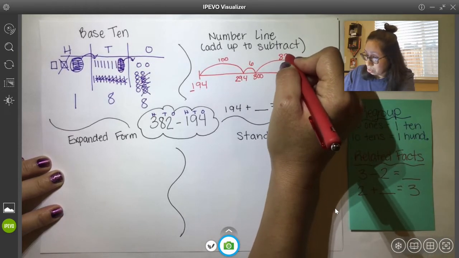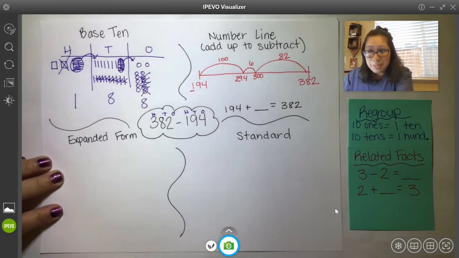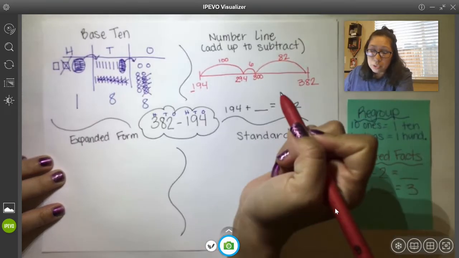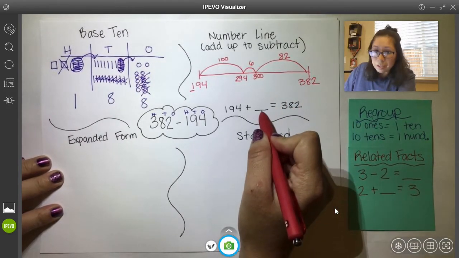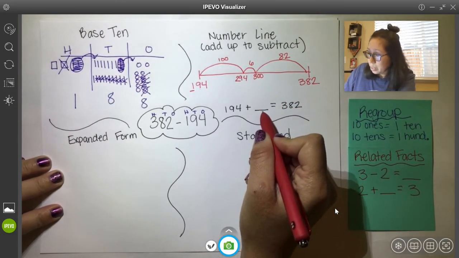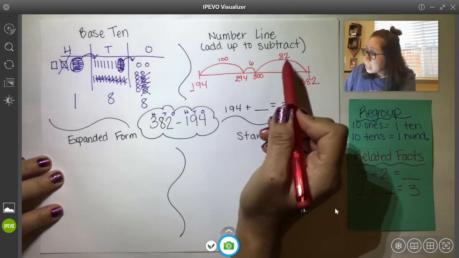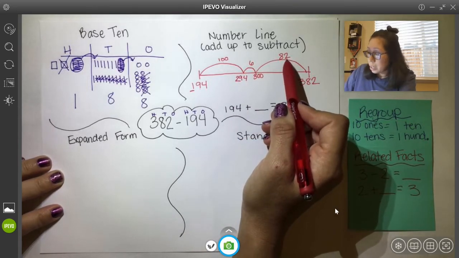It's actually 82 jumps. So I'm not quite done yet. Now I need to count my jumps all together to figure out what that missing number is. Well, 100 plus 6 plus 82 is kind of hard to add in my head, so I'm going to do